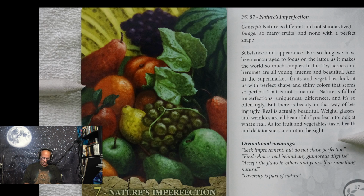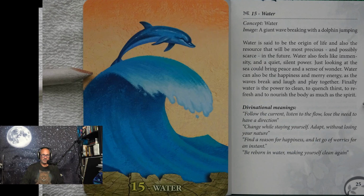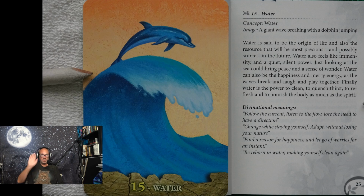What are we going to next? We're going to card number 15 next. And before I do that, here's card 15 up next. It's up there. I'll just do this. 15 is water. You can see a big wave with a porpoise, dolphin. I guess they'll tell us it's a dolphin. Concept, water. Image, a giant wave breaking with a dolphin jumping. Yep, the paragraph says,